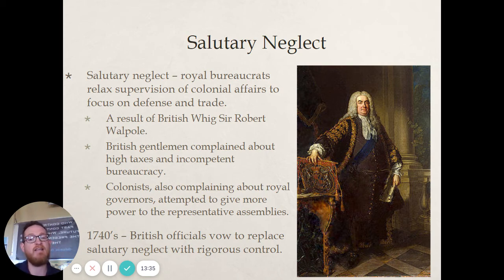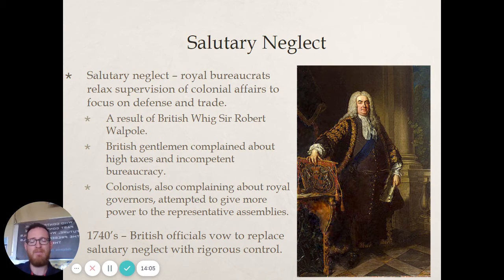And you're going to see it does get a lot of feedback from the British gentlemen who complained about it, because the British taxes were a whole lot higher than the colonial taxes during that time. And they were also upset with what they saw as an incompetent bureaucracy. Colonists were also upset with the bureaucracy put in charge of them, the royal governors, and again attempted to give more power to the representative assemblies. And these representative assemblies are going to be very important in the future, especially when we get to the American